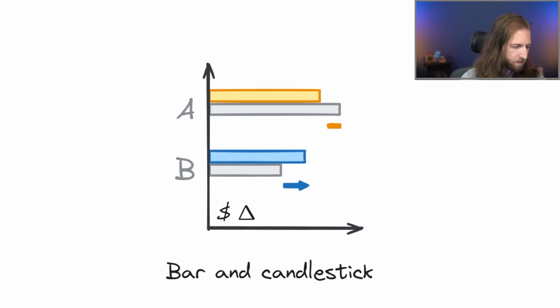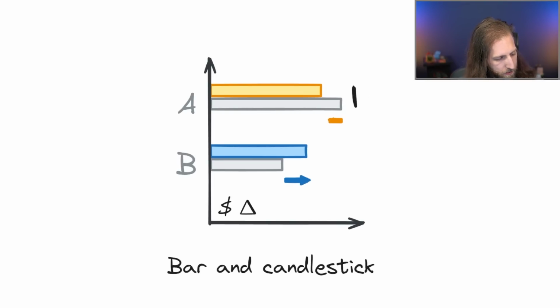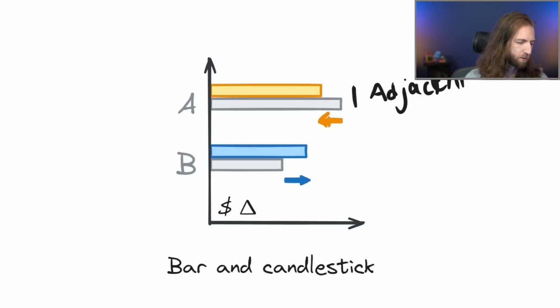So one example of this is if we do something called a bar and candlestick. In this case, we basically just have our adjacent bars. So these are just adjacent. There we go. Spelling is hard. So what we're actually going to do here is we're then going to plot, and that's where the candlestick comes into play, is we're actually going to plot that variance